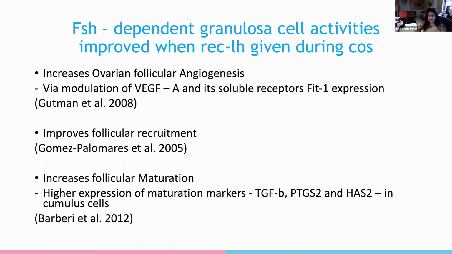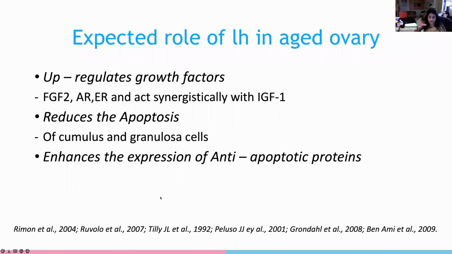FSH-dependent granulosa cell activities improve when REC LH is given, and there are a number of studies which have shown improved follicular maturation, and that is important to get those cumulus cells and the maturity. And it is not only the maturity of the oocyte nucleus, it is also the maturity of the cytoplasm. And therefore, in advanced stage ovaries, it upregulates the growth factor, reduces apoptosis, and enhances the expression of the